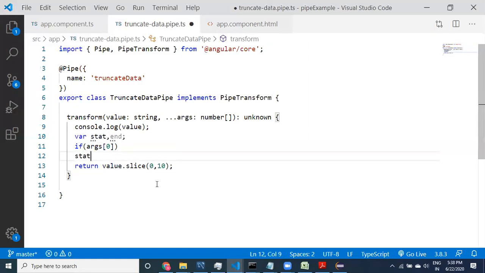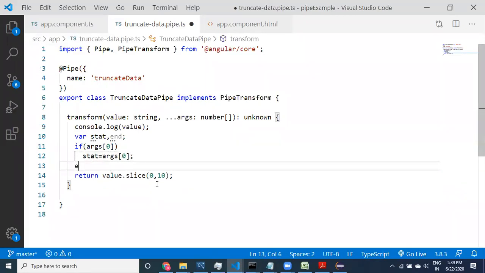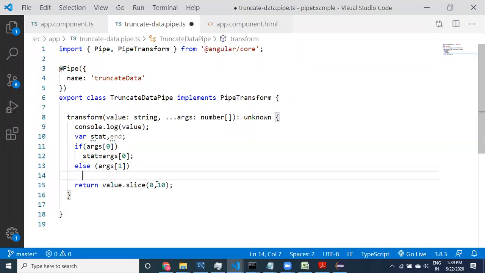So start equal to args of 0, else args of 1. Args of 1 means the second value is available.